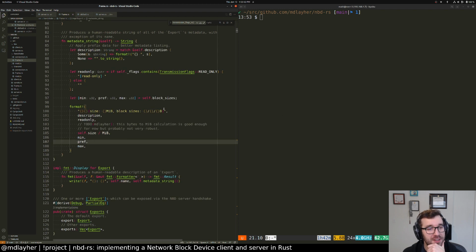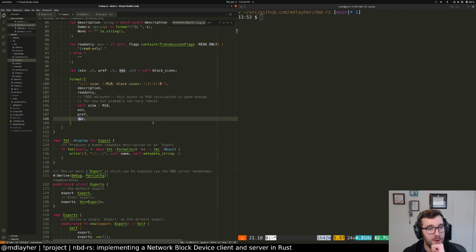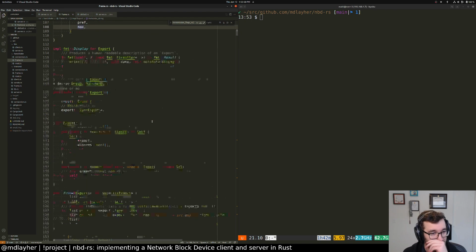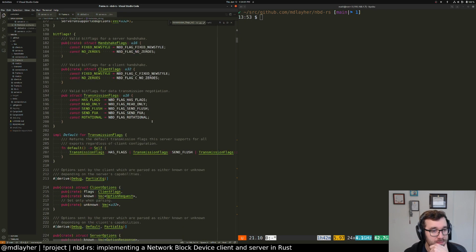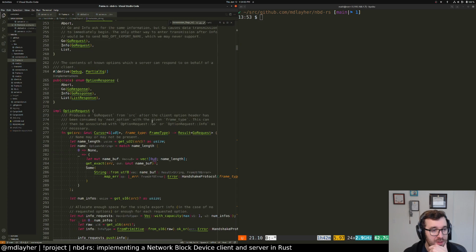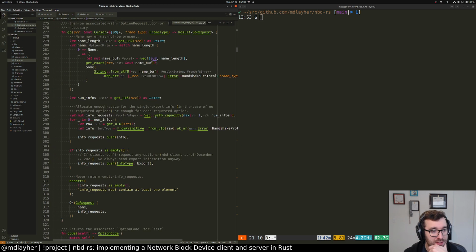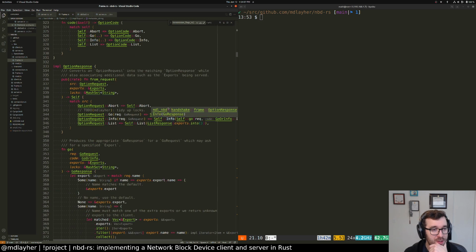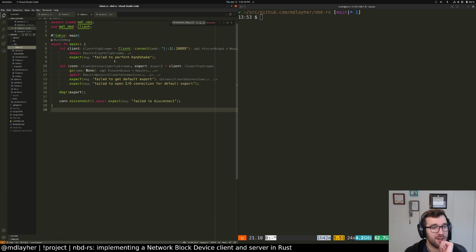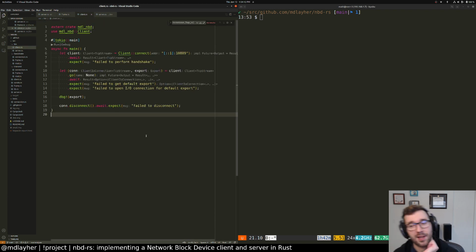I definitely need to find something to humanize these bytes a little better. It kind of stinks at the moment. Rotational, fixed unit access. What else do we? I'm trying to think of what else I wanted to look at. So I suppose we can keep working on the client. Right now we've reached the point where we can perform the handshake in user space, but we don't actually hand off to the kernel client. We could hand off to the kernel client with this, but